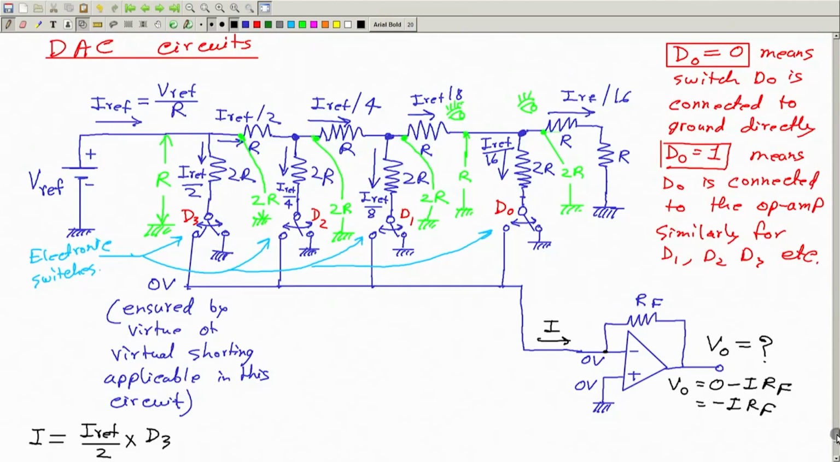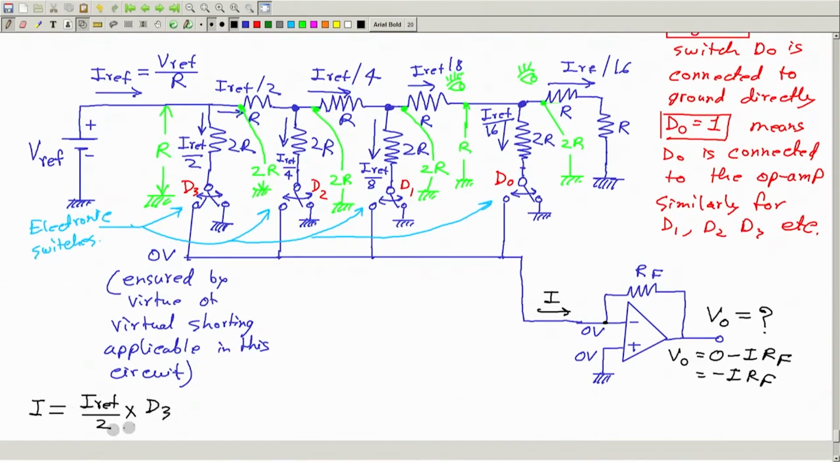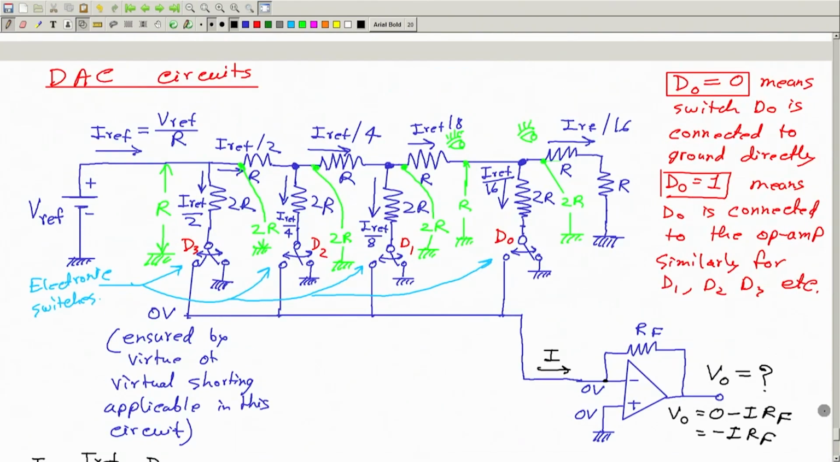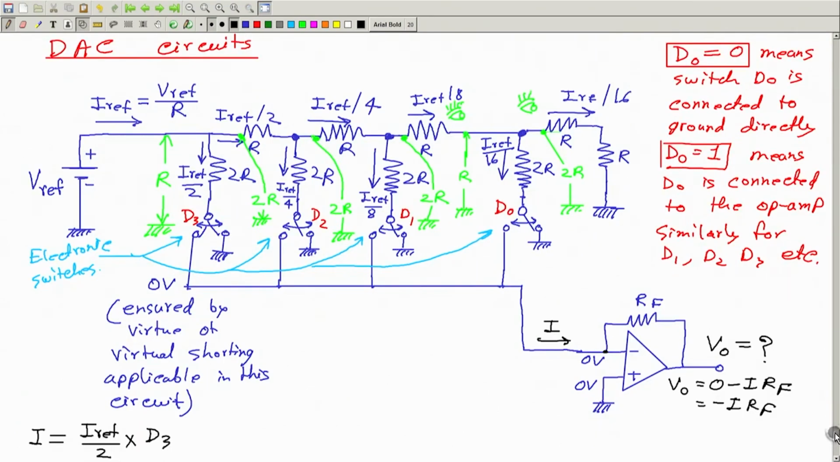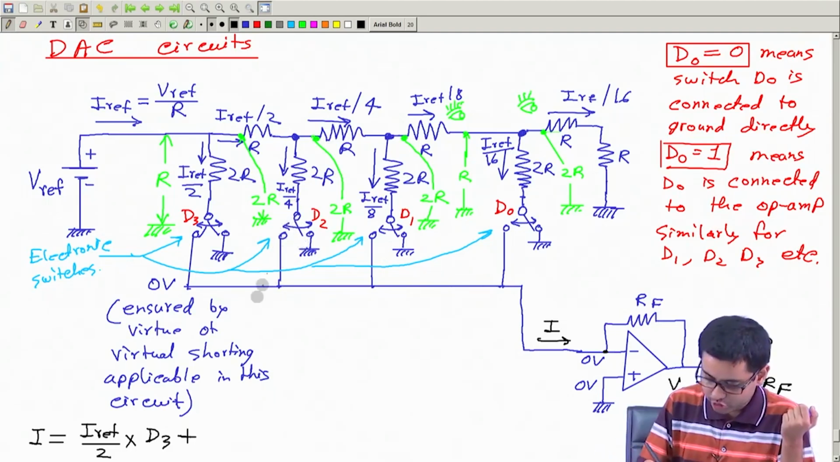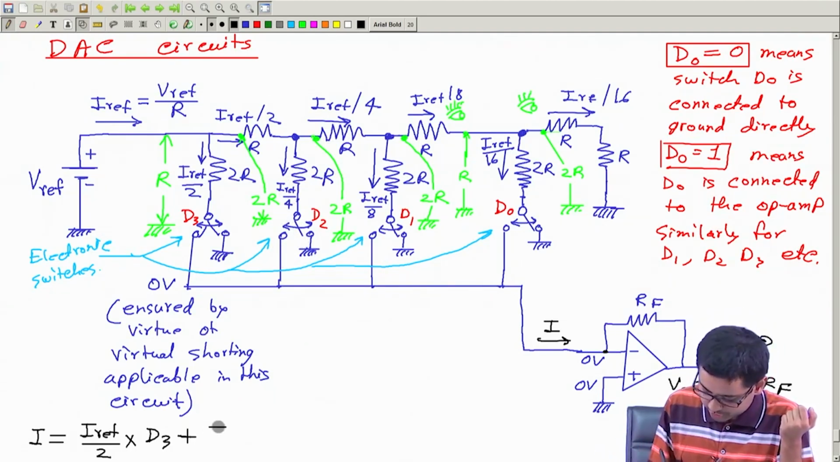This is how mathematically nice it is to represent this: D equal to 0 means the switch is connected to ground, and D equal to 1 means the current goes to the op amp. So this is due to this current. Now this current can also come to the op amp or may not come. If it comes to the op amp, then I also have to add this value. So this will be